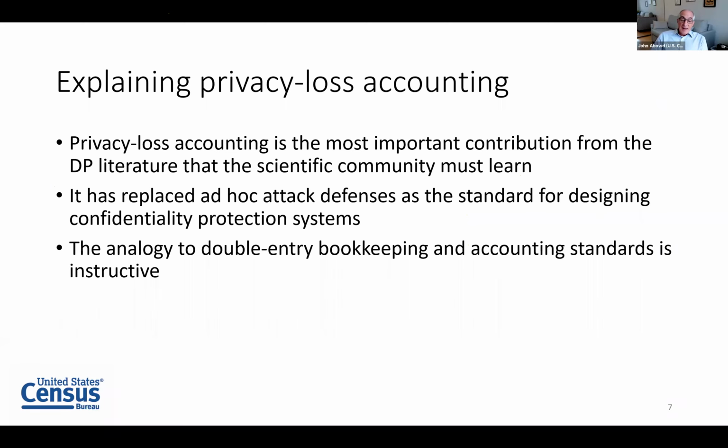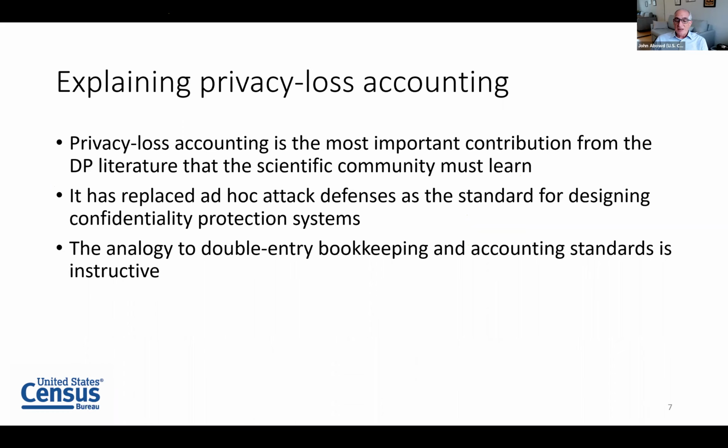And I have previously, and I will continue to use the analogy to double entry bookkeeping and accounting standards because I think it's instructive. Double entry bookkeeping enabled principled auditing of financial statements, and therefore it enabled generally accepted accounting practices or financial accounting standards to become the common practice. It improved the communication between the buyers and sellers in capital markets. And that